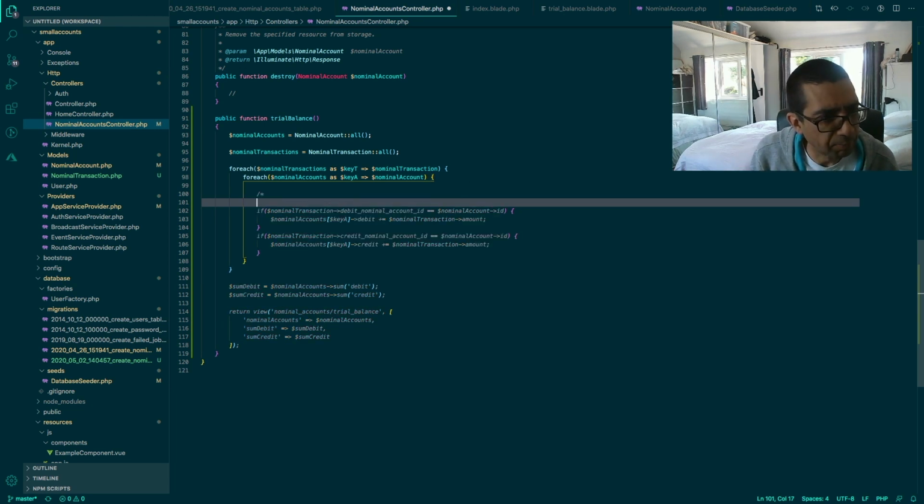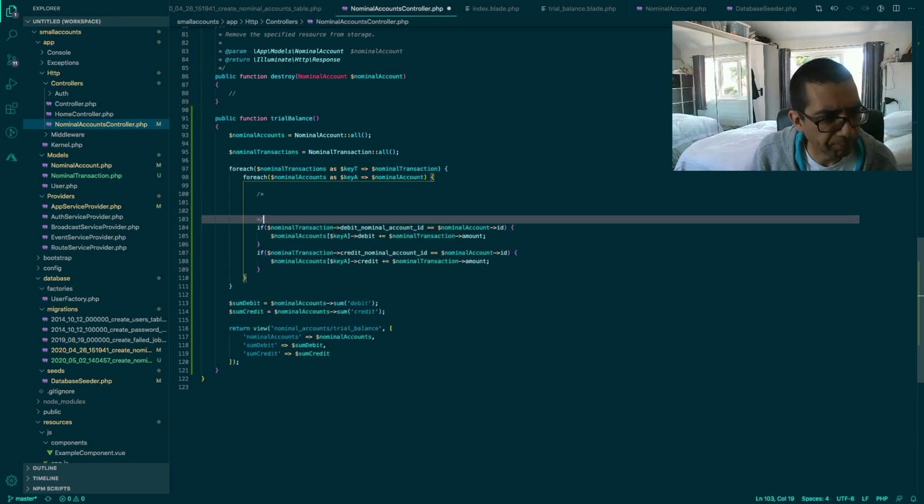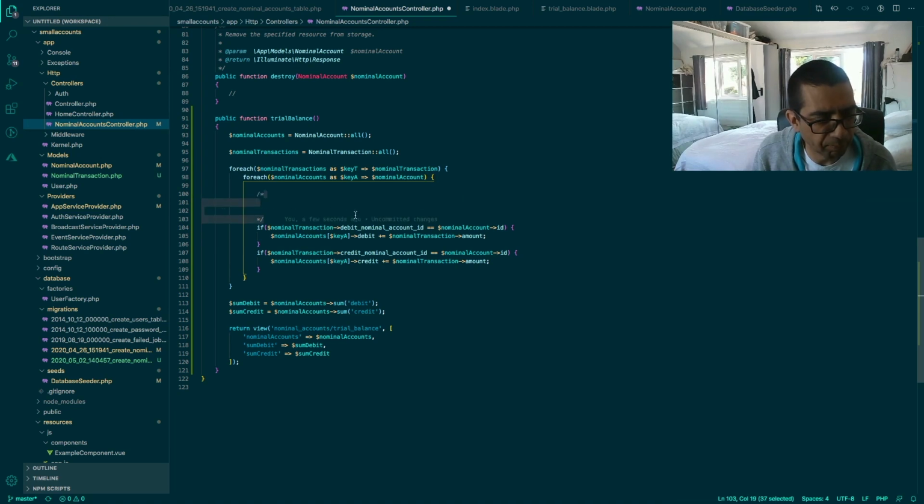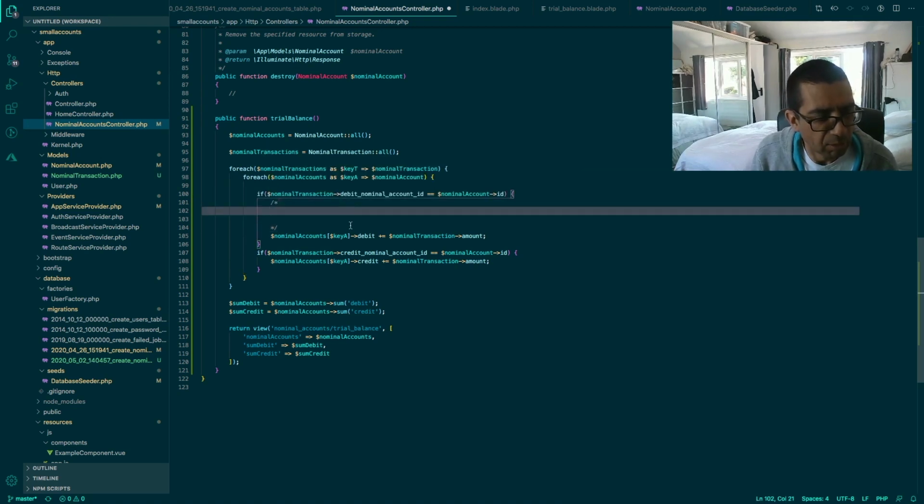Let's write this out. Okay, so we've already got part of the logic. If the nominal transaction debit nominal account equals the current account we're looking at, that's fine, that's okay. So we can actually move this inside there. So if it matches the ID, then we need to say